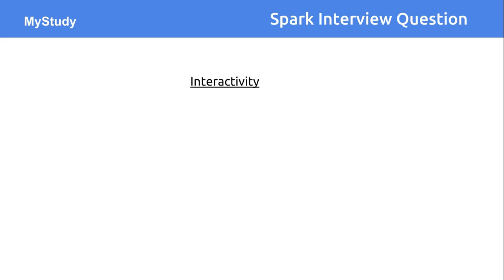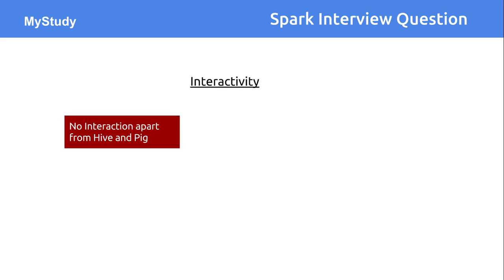Now let's see with respect to interactivity. With Hadoop or MapReduce, every time you write the code, you need to build it, compile it, and run it. REPL-like functionalities are not available, so you cannot just write the program straight away and test it.